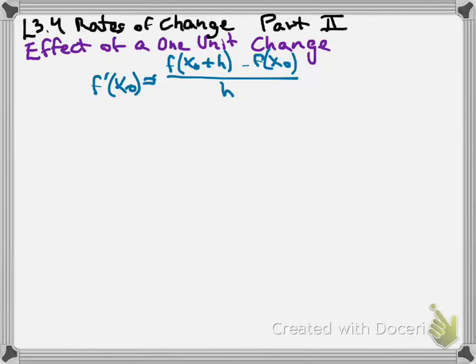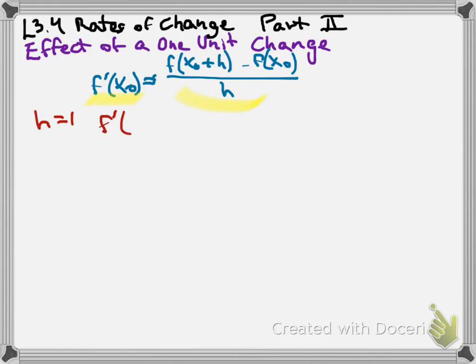Okay, this is lesson 3.4, rates of change, and this is the second part of this lesson. We will study now the effect of a 1-unit change. If you remember, the formal definition of the derivative says that f prime of x initial equals the difference quotient, f of x initial plus h minus f of x initial over h. Remember that? Okay. If we consider that change, that h, to be 1 unit, then if h equals 1,